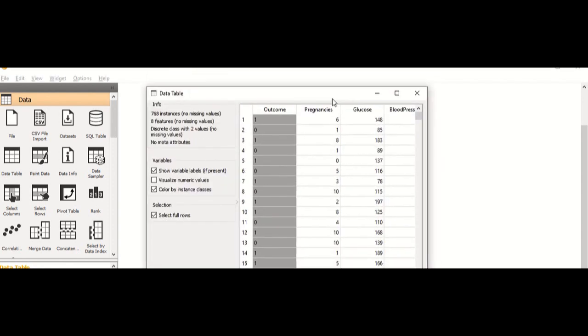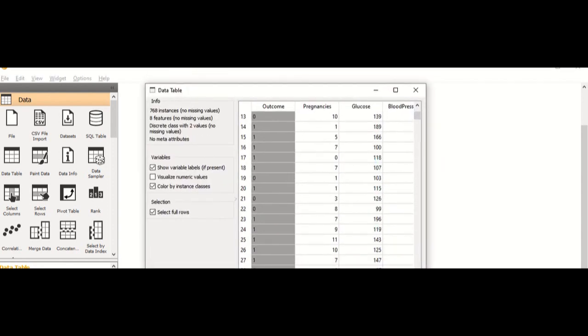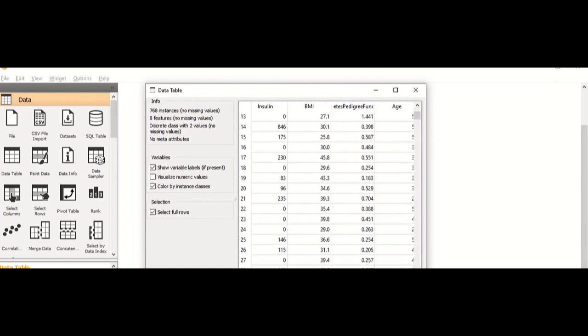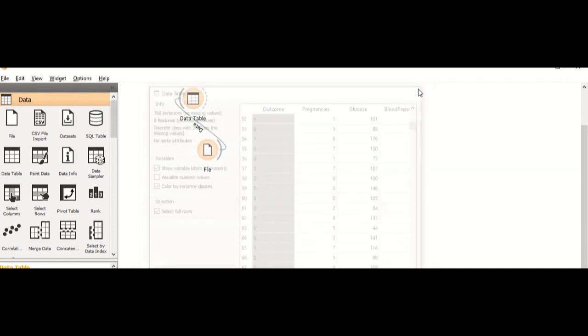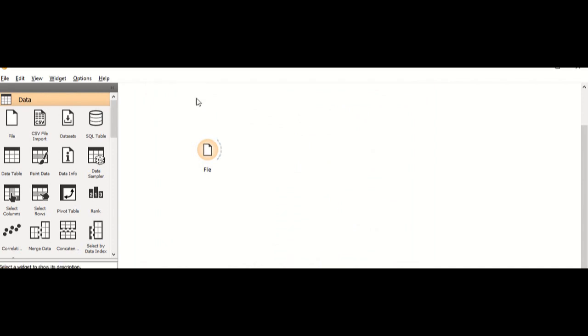Let's see if this is getting populated correctly. So we have something called data table here to print the data table. I'm just printing it out to see whether all the information is available or not. Yes, we have all the fields as in the Excel, imported correctly. Let me delete this.